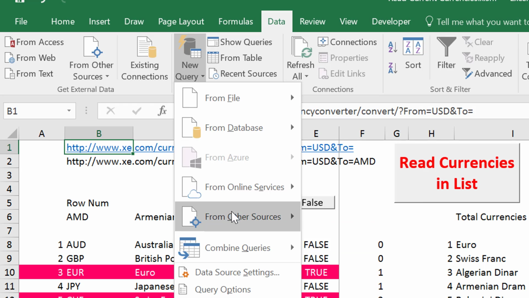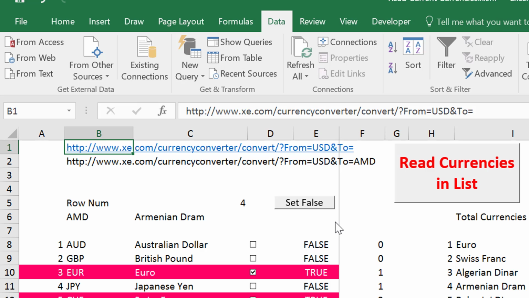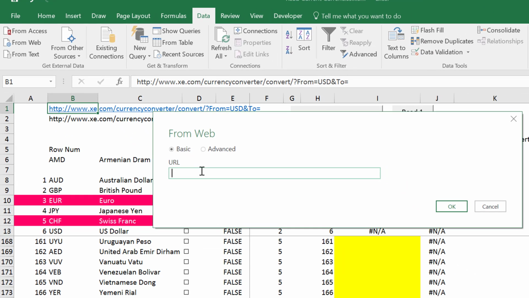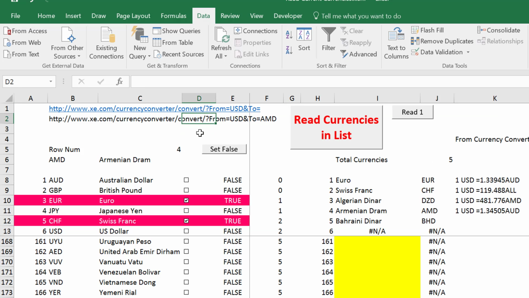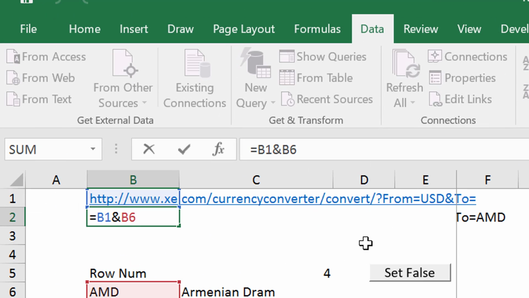If you go to new query and go to from the web, it gives you this kind of thing. Just a minute, and then you put the URL in. But this is almost useless, because you can't manipulate the websites yourself. And what this is doing, of course, is just taking this blank first part of the URL and then adding